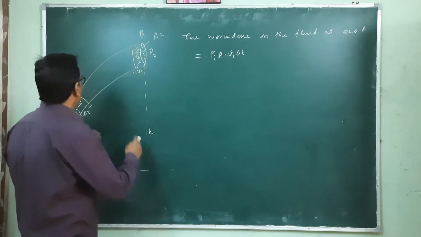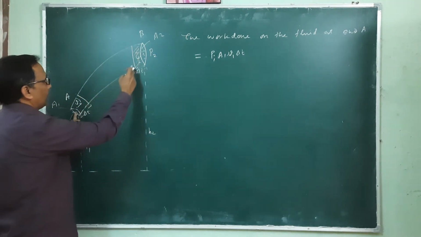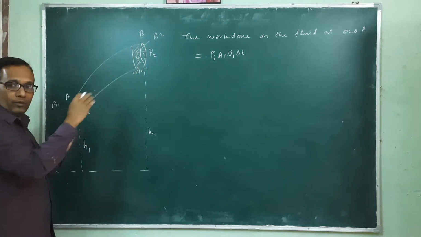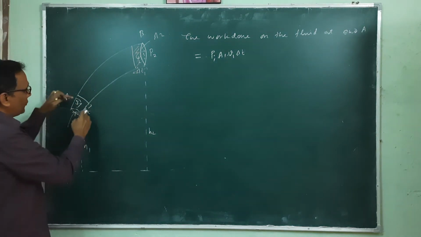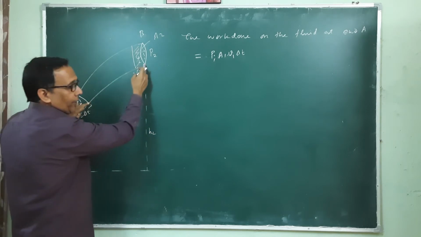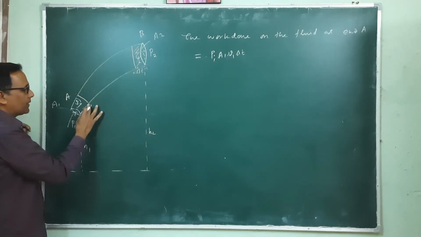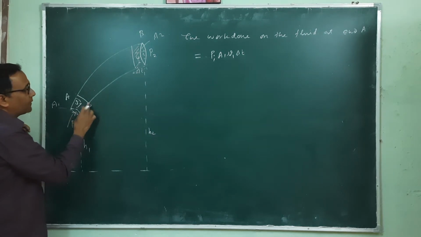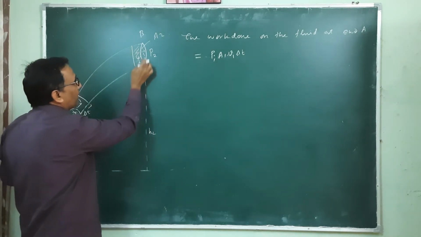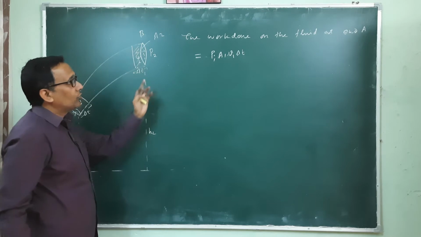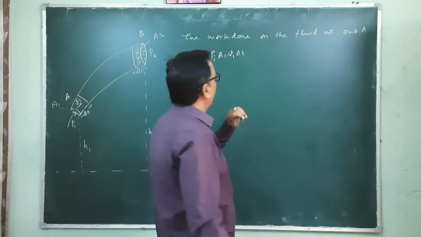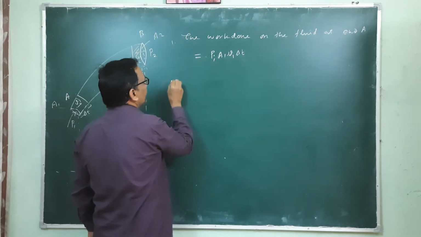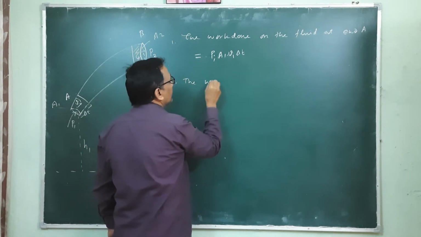So initially, that liquid is in this region. After the delta T, the liquid will be here to here, which means there is a shift in the liquid on this side, and that volume is contained in this region. So the work done on the fluid at end A will be the pressure multiplied by this. And the second, the work done